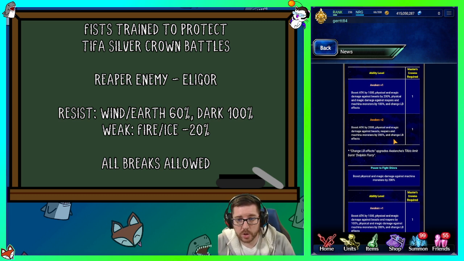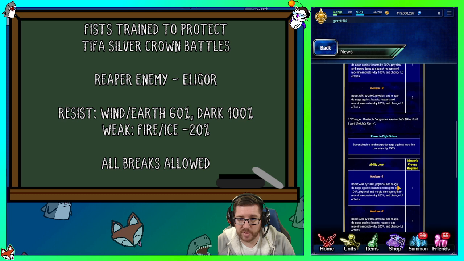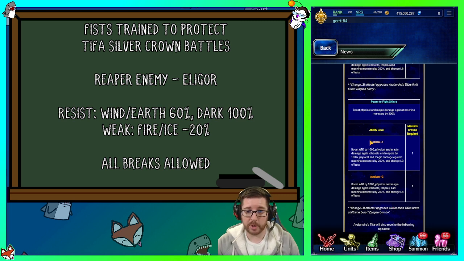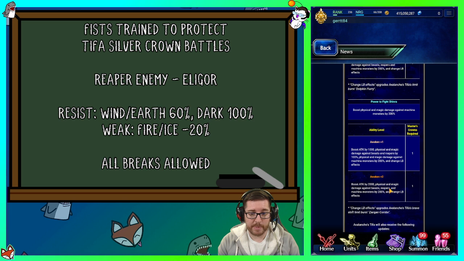So that is good. And then the final one does give machines at 200 as well. And it's the same for both of these. Now this one is for her shifted limit burst, which tends to be her more powerful one because you can stack it up. So I would say that since we're facing off against a Reaper enemy and this boosts damage against Reapers,